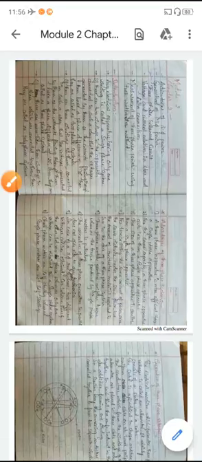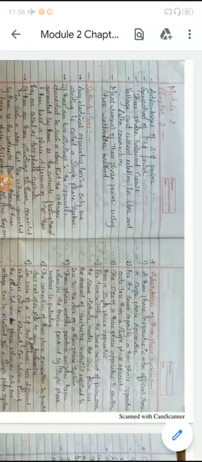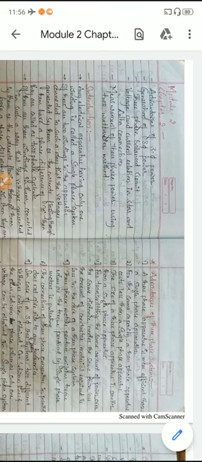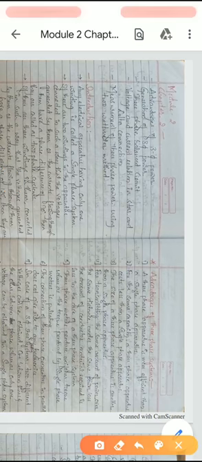Students, today we will start the second chapter of the second module, because in the fifth module we are going to study three-phase motors and generators, right? So before starting that, you should have a sufficient idea of what a three-phase circuit is, and you even have two practical experiments.